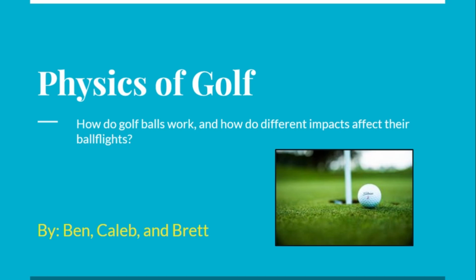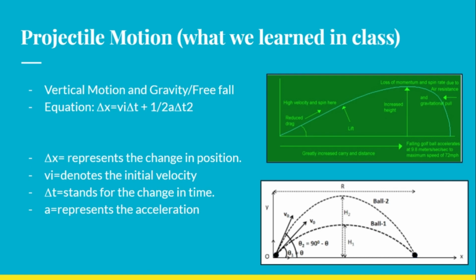be researched. What we learned in class was projectile motion. We learned vertical motion and free fall. So when a golf ball is struck, it enters free fall, ascending and descending as it travels through the air. Gravity pulls the ball downward, governing its vertical position. The equation for this, where we're trying to find delta x, the change of position, has the initial velocity, the time, the acceleration, and